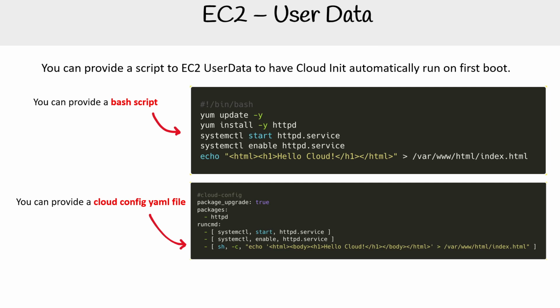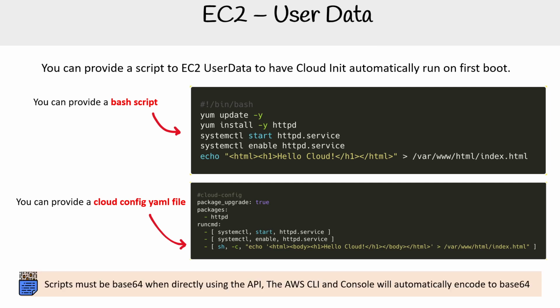Of course, you could use Ansible in place of user data, but this user data script is great for smaller amounts of things. Anyway, these scripts that you utilize, they must be base64 when directly using the API, but we're always going to be using the CLI and the console, so we don't have to worry about converting these scripts into base64 encoding. I think somewhere in this course we talk about base64, but the idea is that it is transforming it into something that is not necessarily human readable, but is more compressed when passing it along to